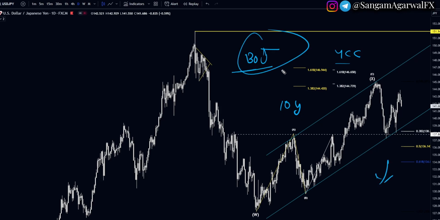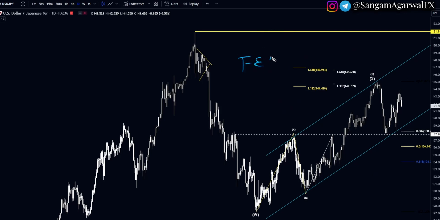Japan is the biggest holder of US treasuries, so that's why they immediately changed their monetary policy and returned back to QE, and they did it 2 times last week. The logic here is that the Fed and BOJ both work together. They make coordinated monetary policy and they explained in detail at the ECB forum. So they will wait for the Fed rate cut, then they will do a rate hike.